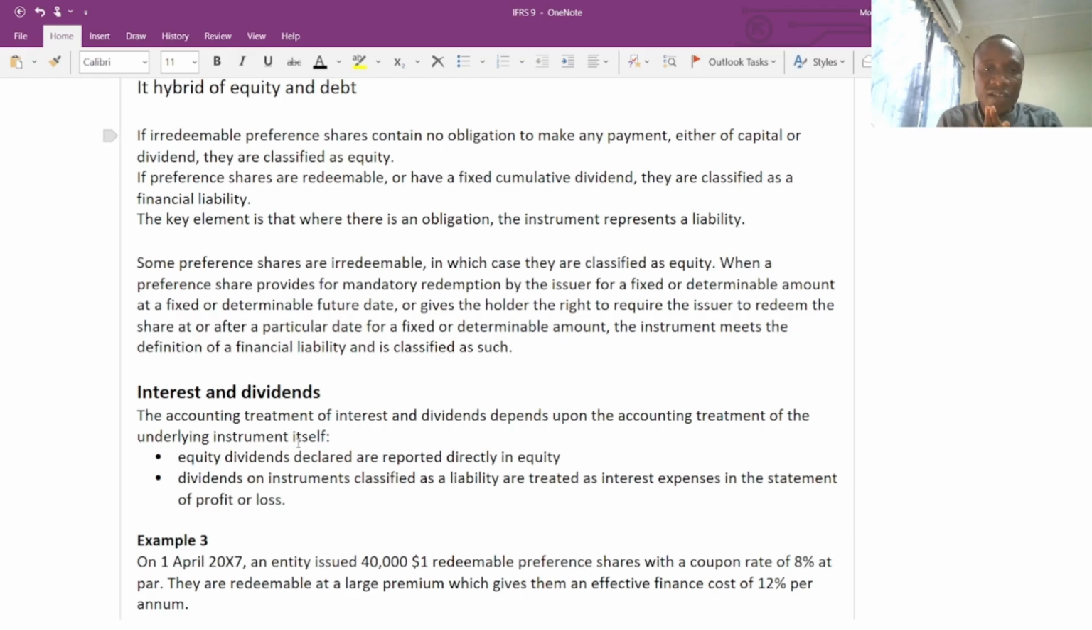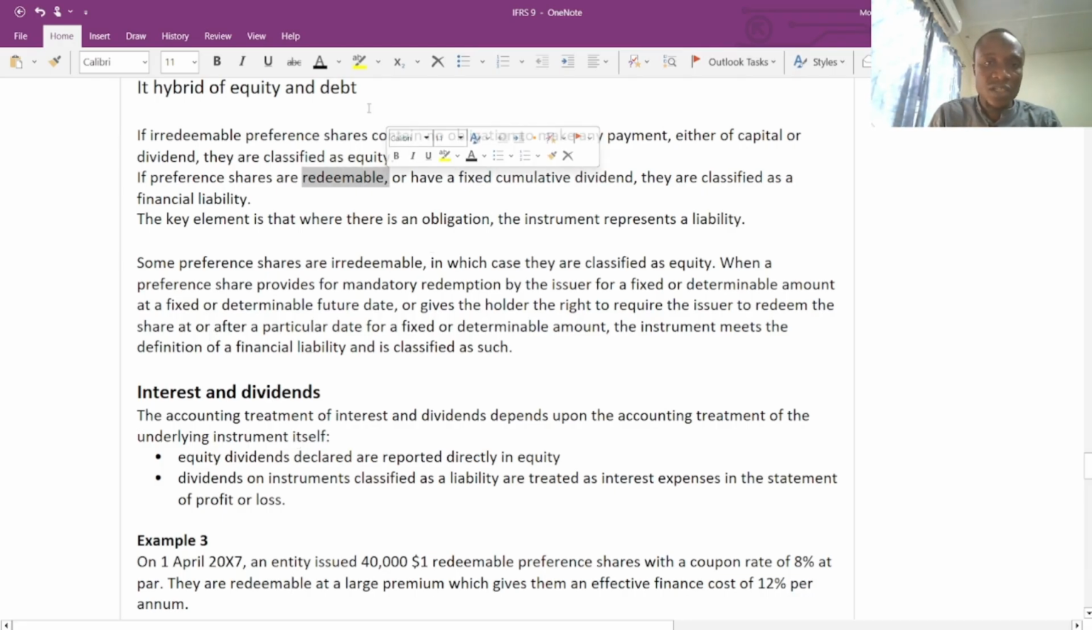So now, if irredeemable preference shares contain no obligation to make any payment, either of capital or dividend, they are classified as equity. If there is no obligation, that's why we refer to it as irredeemable preference shares, because there will be no obligation. And if there is no obligation, then we can classify them as equity. If preference shares are redeemable,